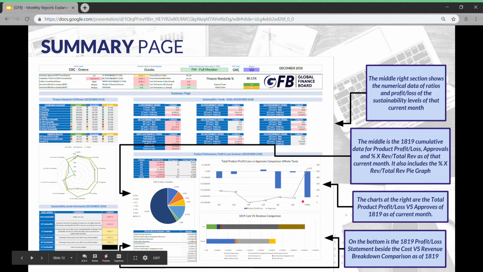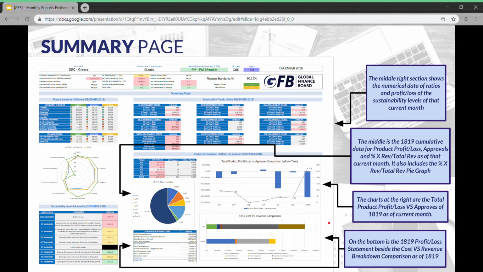The one at the side is the chart of the total product profit loss versus approvals of 1819 as of the current month. The one at the bottom is the 1819 profit loss statement beside the cost versus revenue breakdown comparison as of 1819. Now, to clarify, when we say as of 1819, this basically means